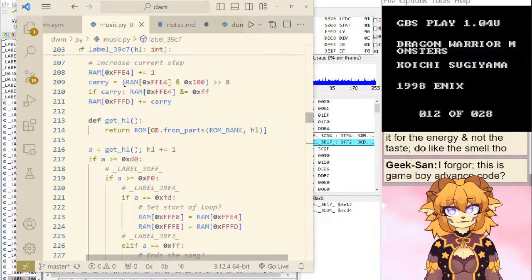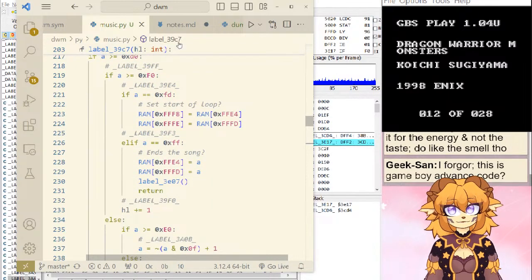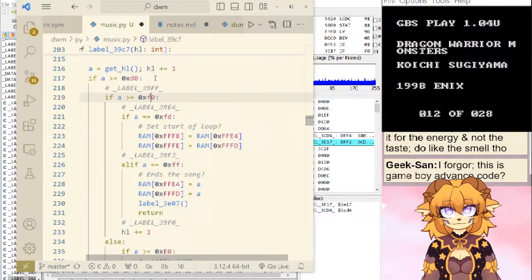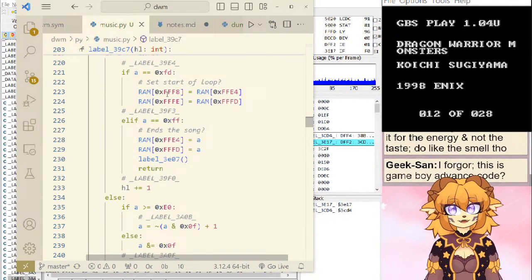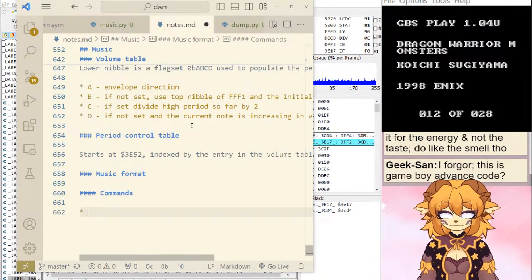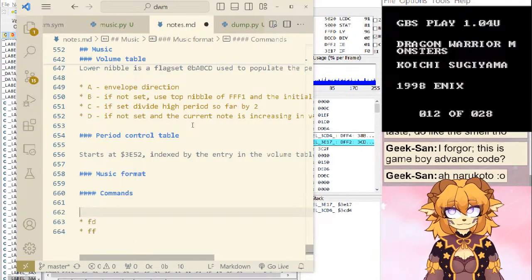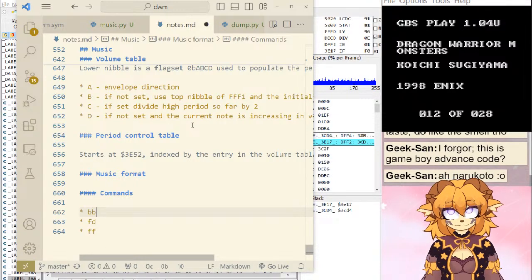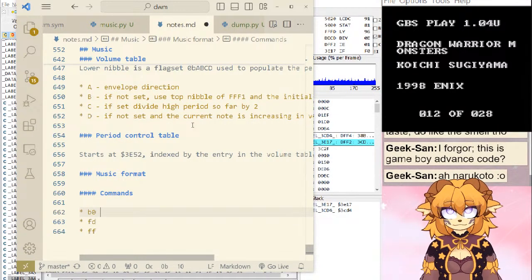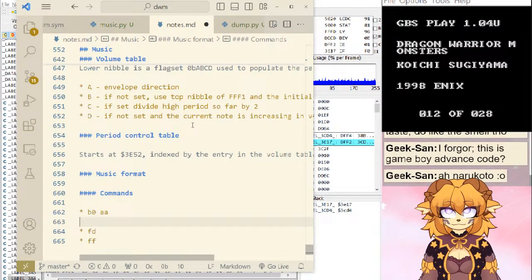Okay, so we got this part here, F. FD, FF. Yeah. Yeah, 0. Naruhodo.